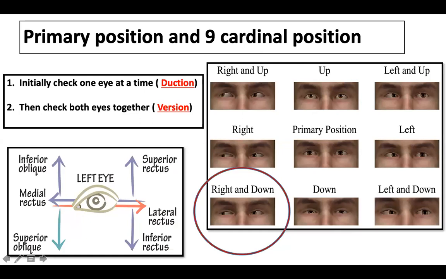I told you before itself. To look towards right gaze and down, you need the left superior oblique. So the left superior oblique helps in looking the left eye towards the right side and down, and your right superior oblique helps in looking the right eye towards the left side of the gaze, left and down. Okay, so each superior oblique has an opposite action and helps in the gaze towards the opposite side. So in case there is a left superior oblique palsy, there is a gaze weakness towards right gaze and down, right down gaze.